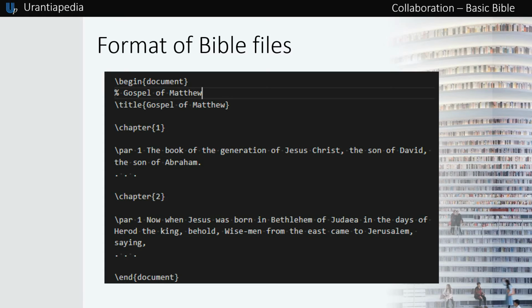As you can see in this extract, the rules to follow are these. Each biblical book will begin with a line \begin and in curly braces document, and it will end with a line \end and in curly braces document.